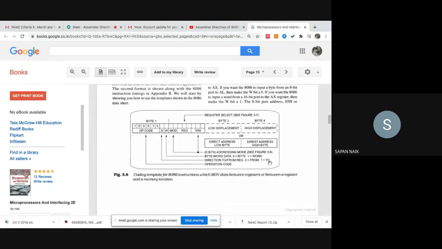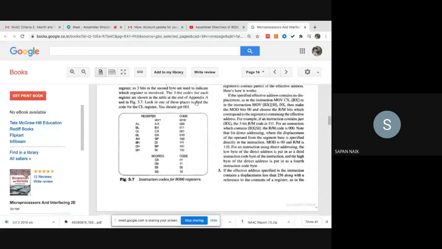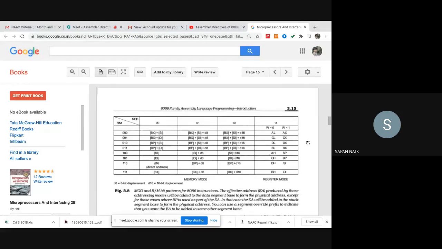So if my instruction is MOV AX, BX, and I am considering BX as my base register, the main register, then data is transferred from BX to AX. So from BX means D will be 0. And in REG, I need to write down the code of BX. As you can see, REG is of 3 bits. As it is AX, BX, it is a 16-bit operation, so my W will be 1. If it is 8 bit, it will be 0. Here is the code of all your registers. You always need to use this code, and here are the addressing modes that you can use based on the instruction under consideration.